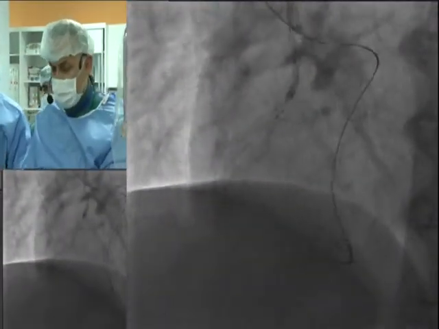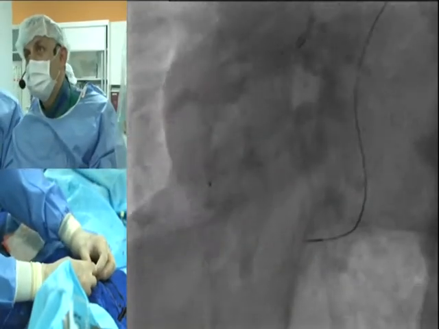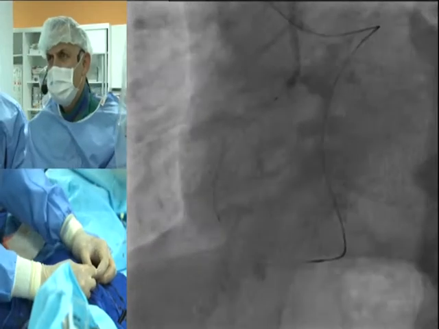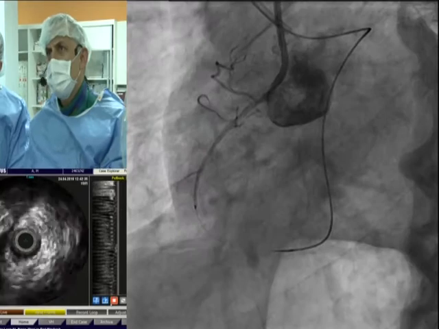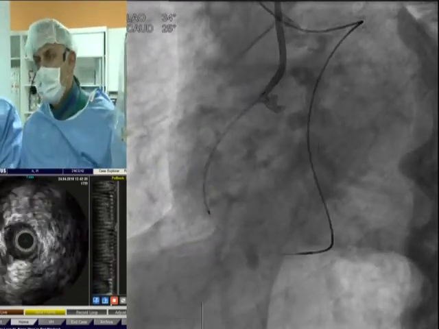From caudal, can we come from caudal? Test, please. So from right caudal, the left caudal, I see the ostium better. Very gentle, very gentle. Yeah, okay, not much, gentle. Okay. Okay, so